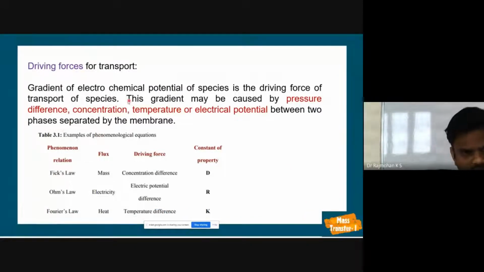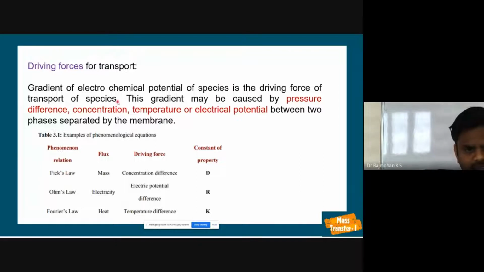If you look at what the driving force is for the flow of the solute across the porous medium, obviously there will be a driving force, as we have seen. If it is mass transfer, a concentration difference is the driving force, which is governed by Fick's law of diffusion. So we have mass flux, and for electric flux, we know the driving force is electric potential difference. It is similar to heat transfer, where temperature difference is the driving force. So here, which one is applicable? Fick's law of diffusion is applicable.